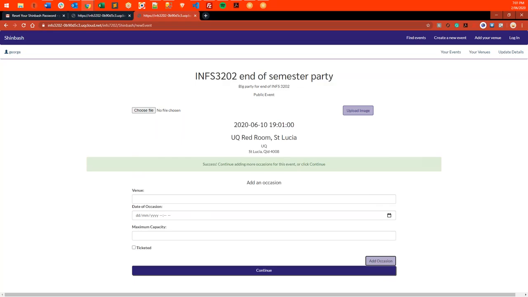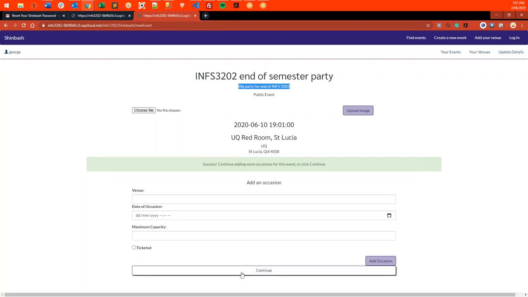I can continue to add more and more occasions here, so I can add as many different occasions as I want. So let's say that there was another party the next day at a different location. I could add that as a different event, and they would exist as two separate items, but they would share, for example, the name and the description, whilst having a different venue, different date, different capacity, etc. So if I continue here,